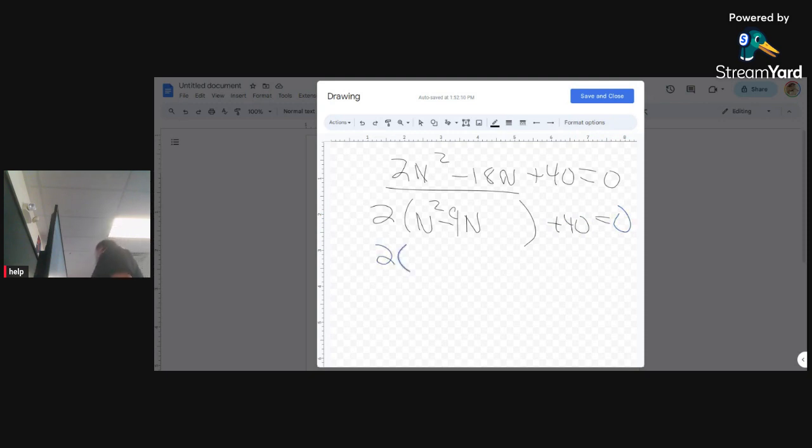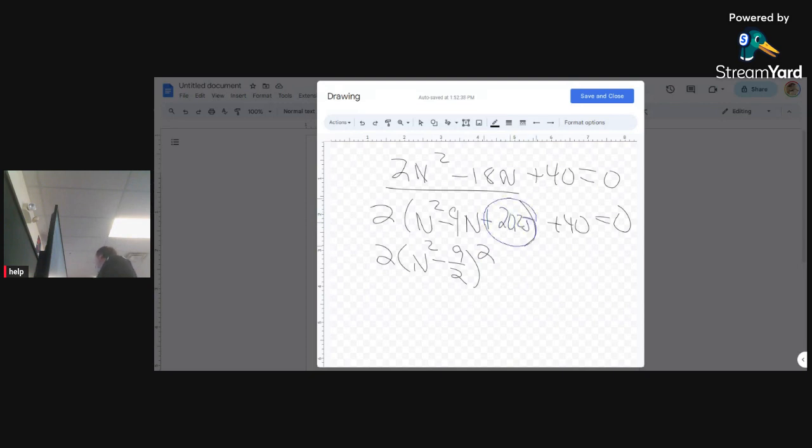So what are we going to do? We need to take that middle number, which is negative 9. You divide that by 2. So it's minus 9 over 2. And then we say, oh, that's squared. But what is 9 over 2 squared? Well, it's like saying 4.5 squared, which is 20.25. Since I know that 9 over 2 squared ends up 20.25, I'm going to go ahead and put that right there, plus